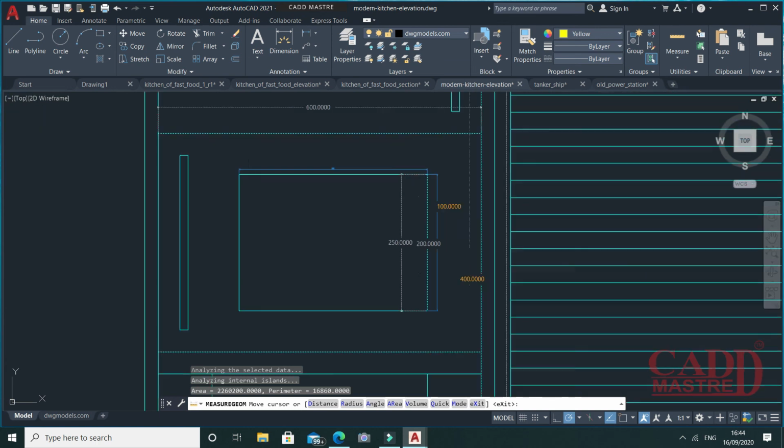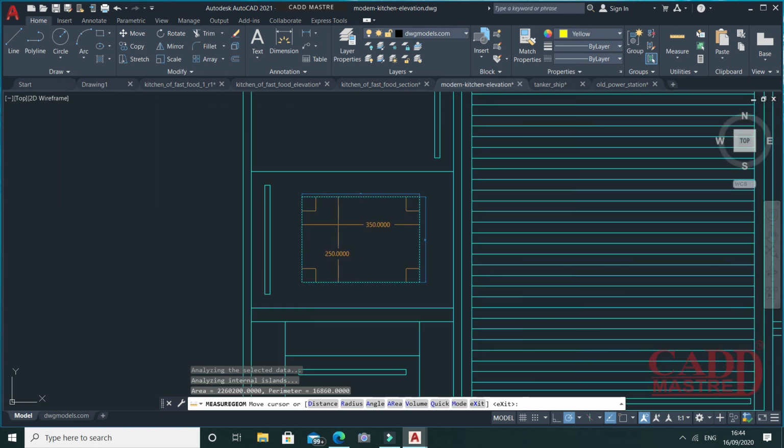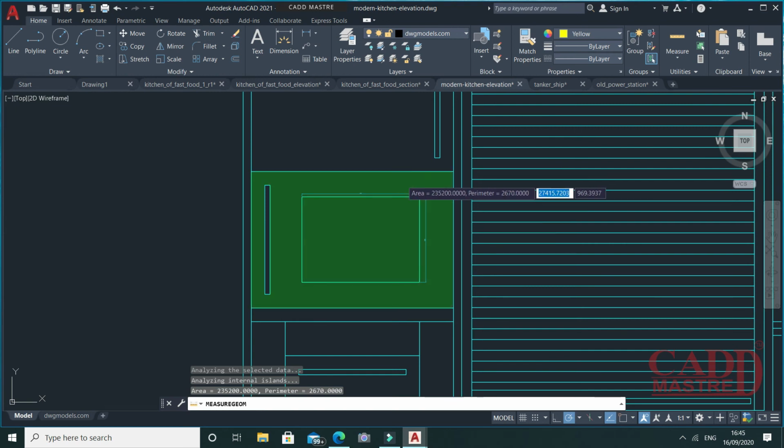So if you move the cursor just inside this boundary, you will see the measurement is highlighted under the boundary, and if you click over here, it will show you the area. For multiple areas, press Shift and select this, then again select this. So the total area is shown under area.